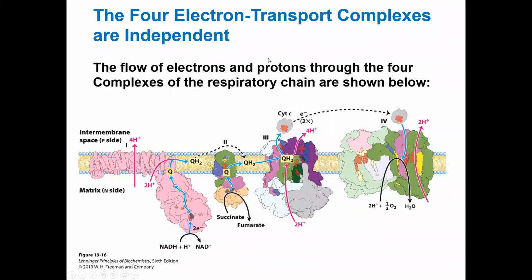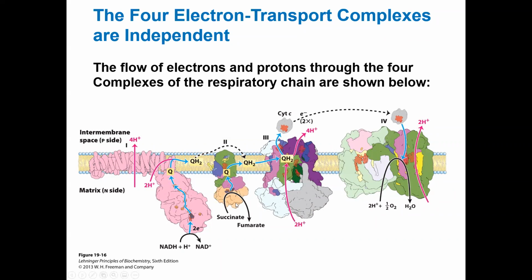Okay, so we will start the second part of chapter 19, which is the oxidative phosphorylation. Let's review what we did in the last class, just so that we are fully together and can enjoy the rest of the chapter. You can see that this is the inner mitochondrial membrane, showing you the respiratory chain, complex 1, 2, 3, and 4.